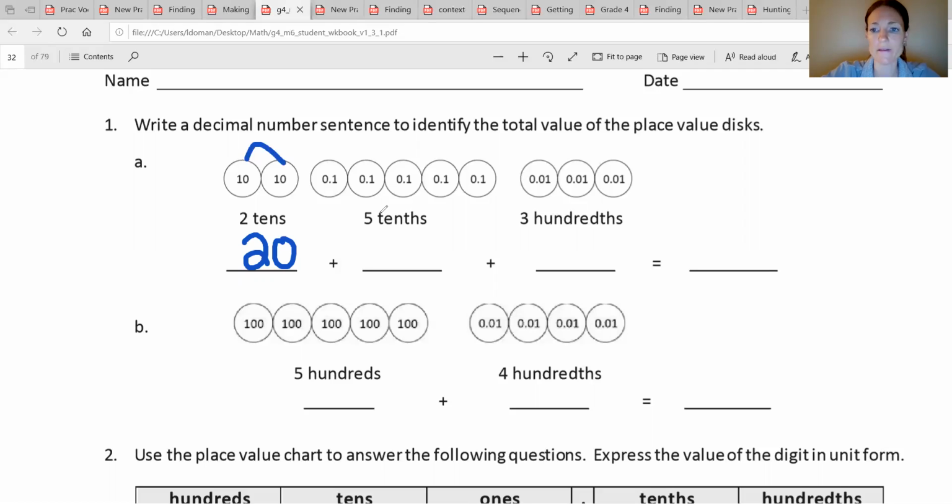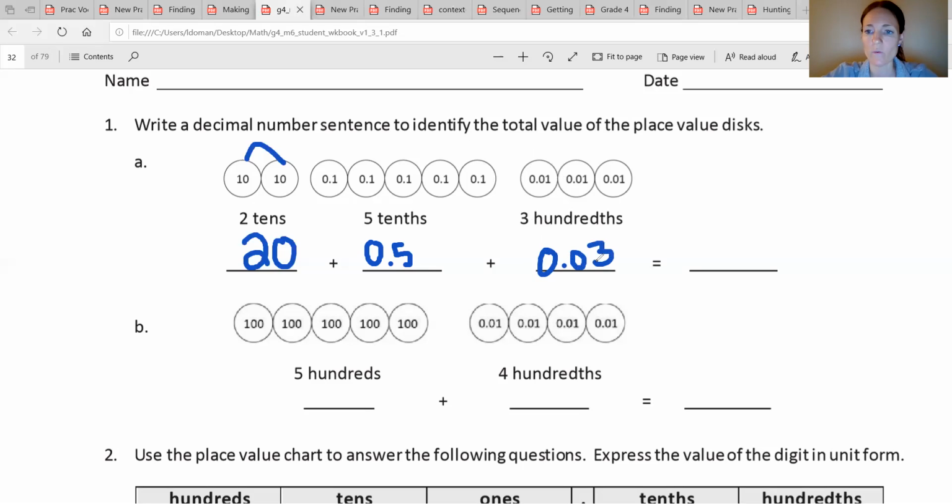Now I'm getting to the right side of the decimal. So that's the tenths and the hundredths. So I look at the digit to the right and I have 1, 2, 3, 4, 5, just as it says here. So it's going to be 0.5 or 5 tenths. Now here, I'm going to write 3 hundredths. And again, the discs are for the visual, so you can see where hundredths is in the place value to the right of the decimal. So again, the 5 tenths is the first digit, the hundredths is the second digit. So 3 hundredths then would be